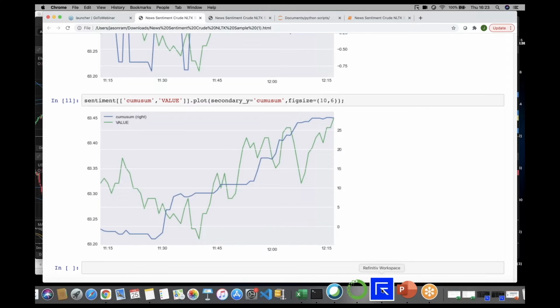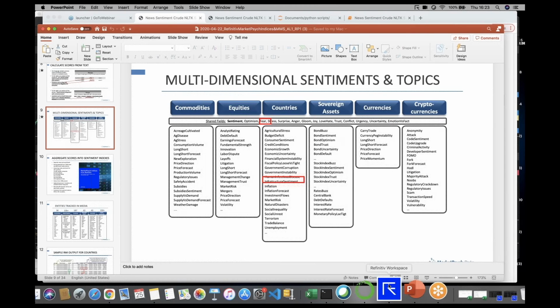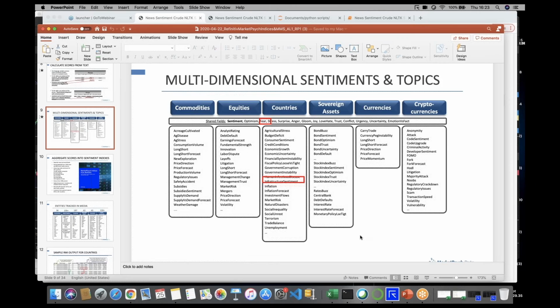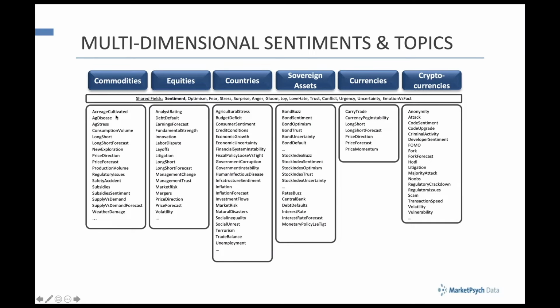So what I'd like to say is that now you can do this for any of the stocks or instruments that we carry on our system, and all of the news is done for you. So if you're lucky enough to have that, you can have all of that already. However, there is more complicated and more complex stuff available.